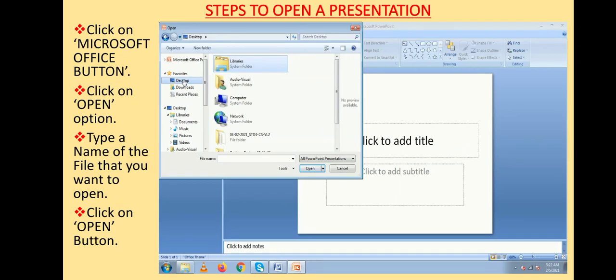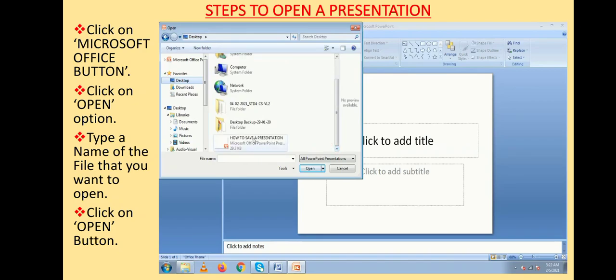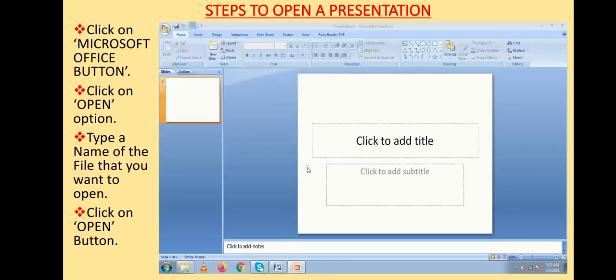You choose the location where you have saved your file and browse through the content. Click on your file and then click on Open button. In this way also you can open your saved presentation.